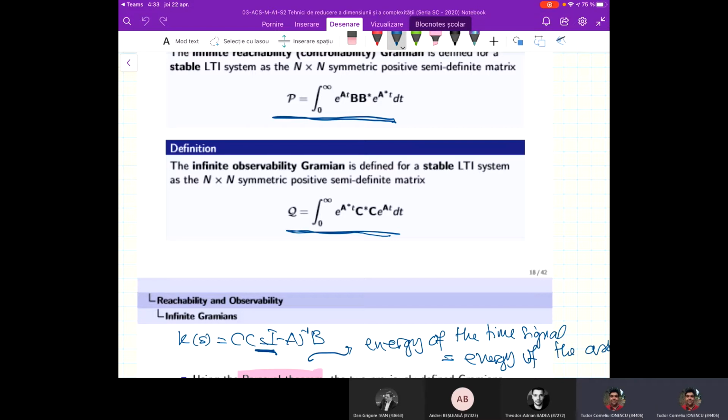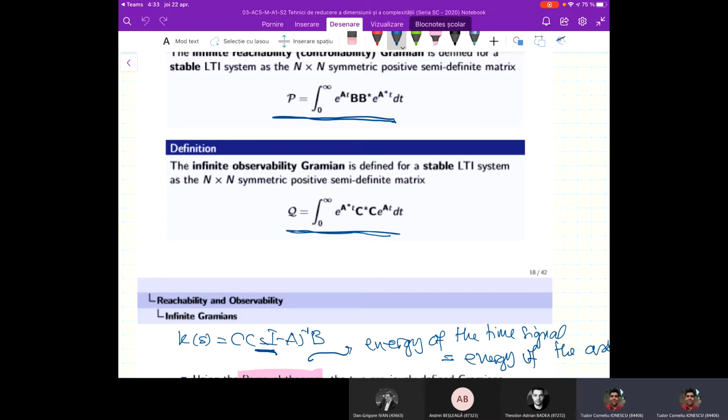Similarly, for the output, we compute the observability energy of a specific state from 0 to infinity when the input is turned off. So this is future output energy. These two quantities, past input minimal energy and future output energy, without any minimization whatsoever,